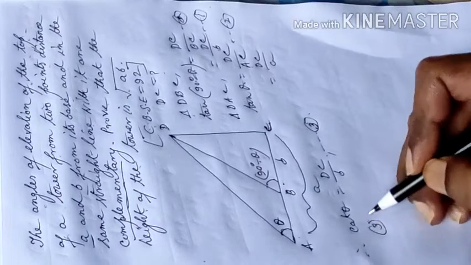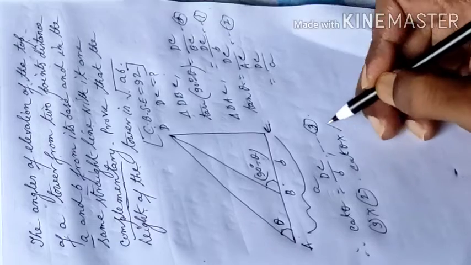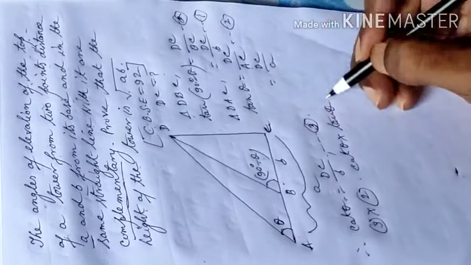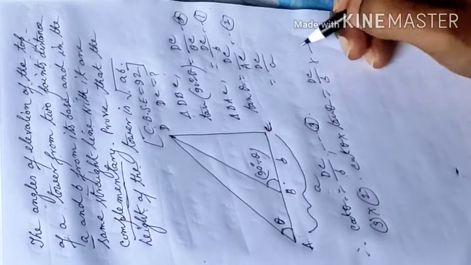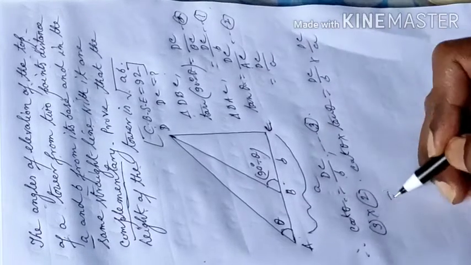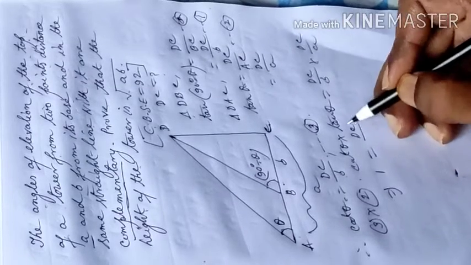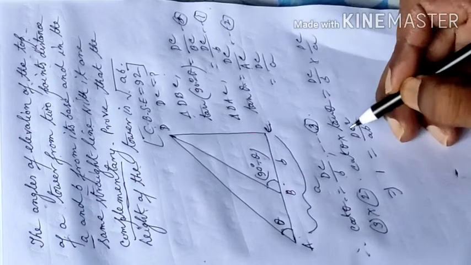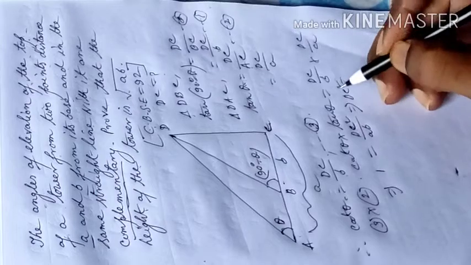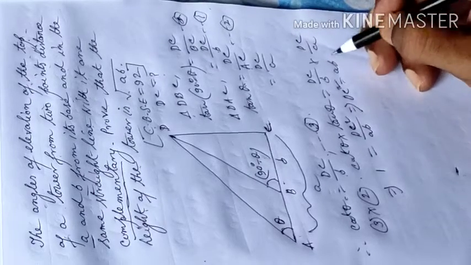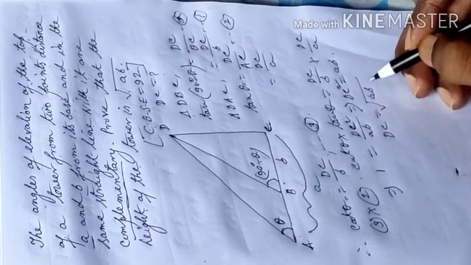So equation 3 into 2. Left hand side, cot theta into tan theta, is equal to DC by B into DC by A. Cot theta into tan theta is equal to 1, which is equal to DC square by AB. DC means height of the tower, so DC square is equal to AB, or DC, the height of the tower, is equal to root over AB. Proved.